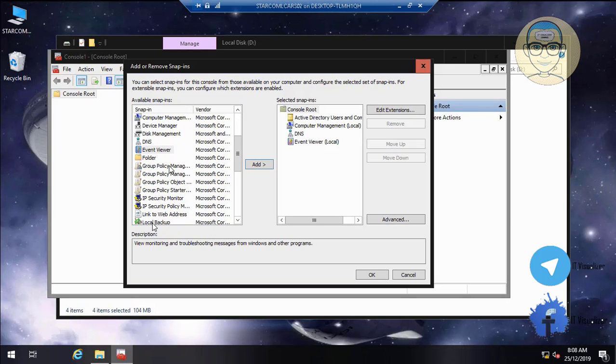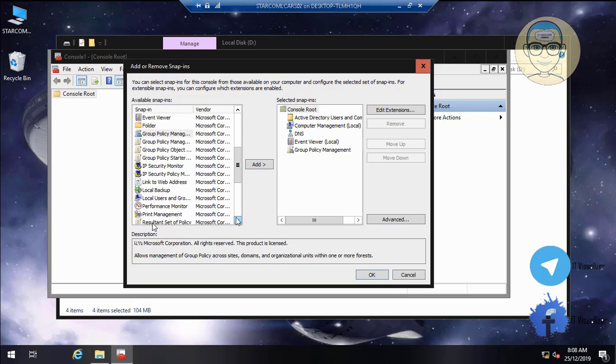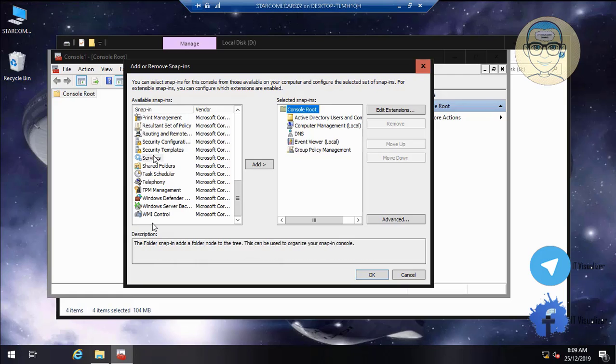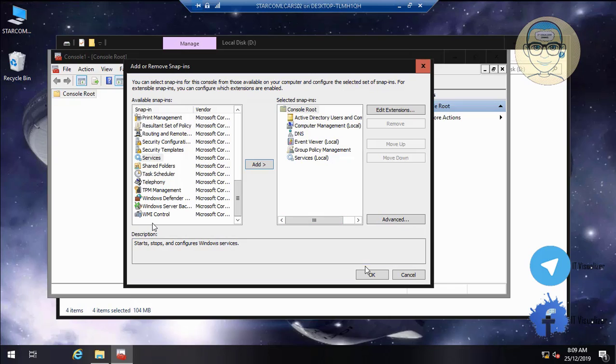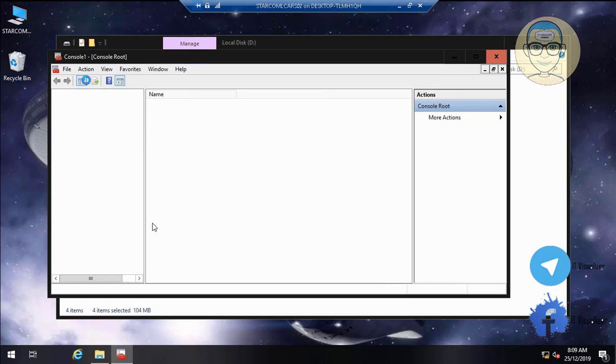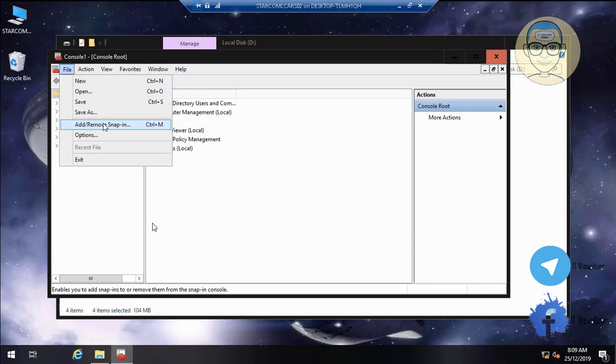We'll add the Group Policy Management Console. And when we add the file server, we will add it here. We will add services also, just to check if there is any service not running on the domain controller. So after doing all of this, we need to save this console and give it a name. So we will save as